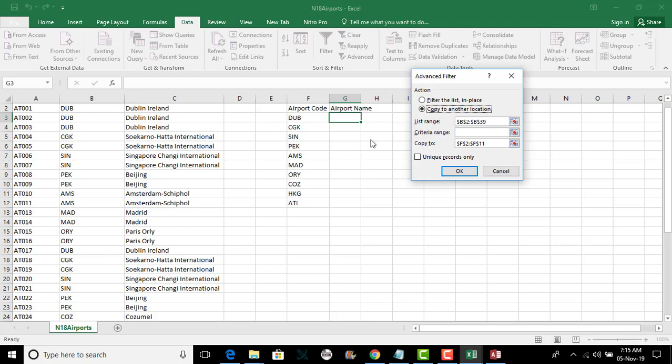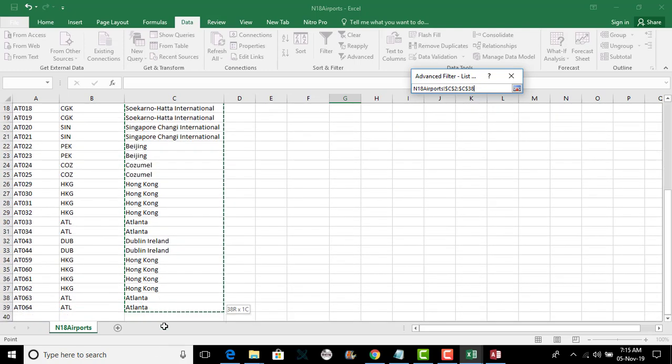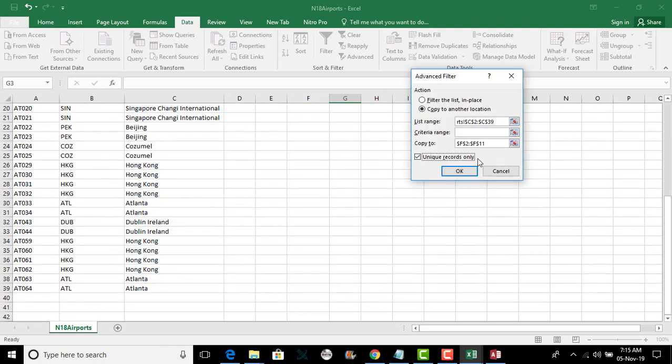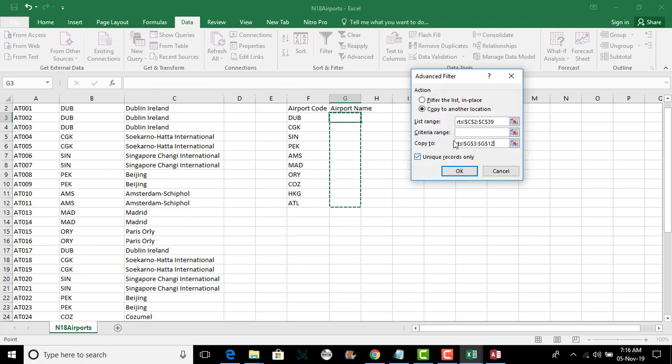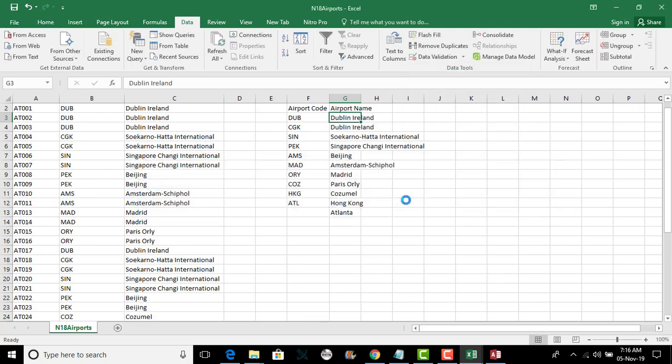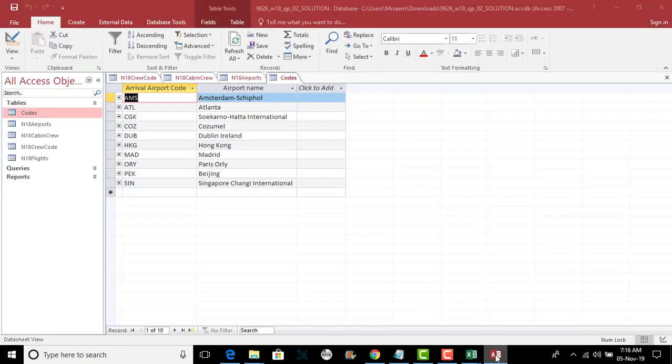Copy to the location. Now my list is different. It's not the same one, it's this one. Since they're appearing in the same order, there is nothing to worry about. And we're going to copy them from here to here. Yes, just one step down. So here we go, Control X and Control V. Here we have the airport code and the airport name. So this is how I imported this table, and I linked this table with my